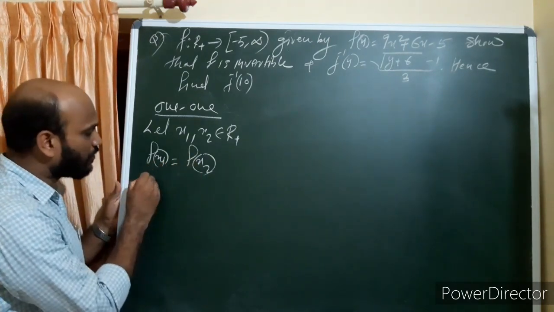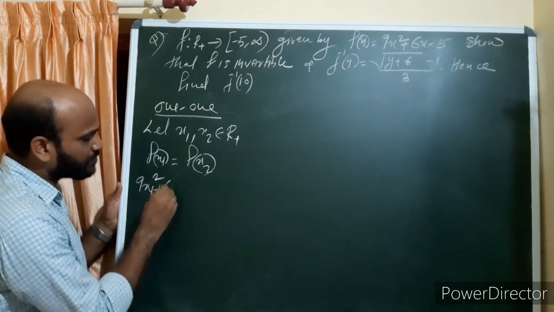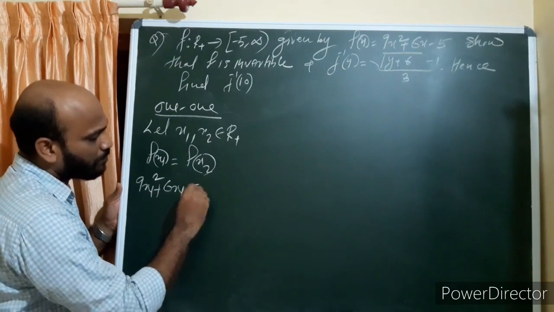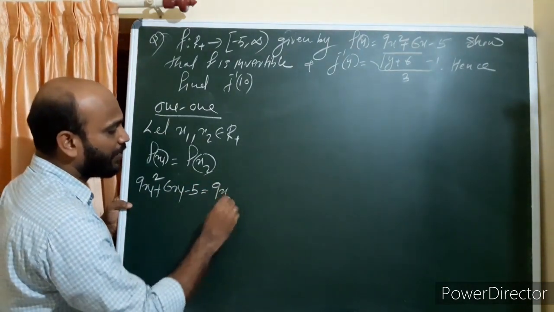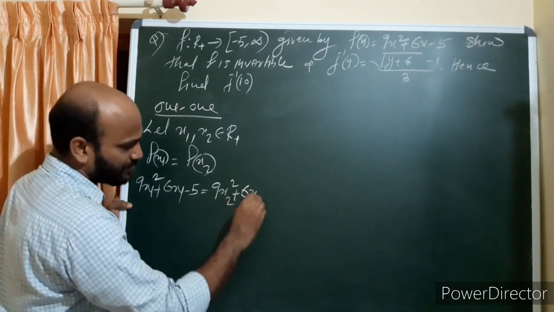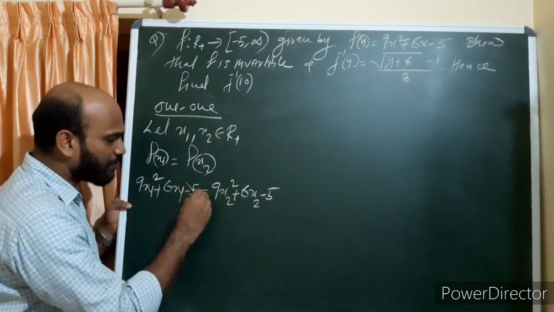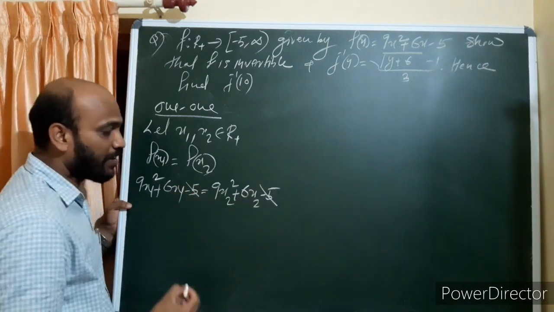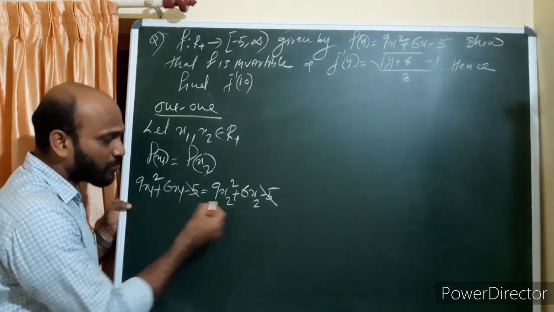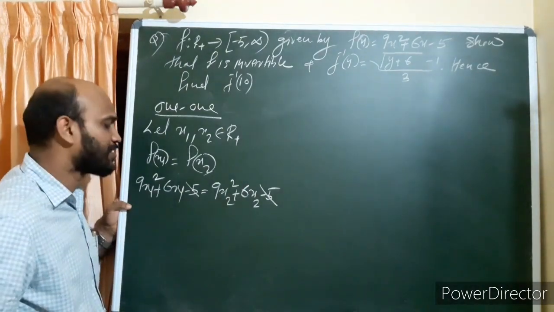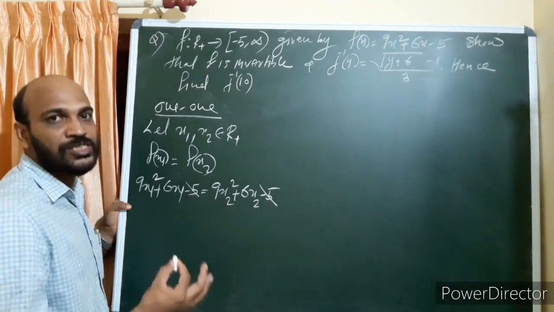Therefore f of x1 will be 9x1 square plus 6x1 minus 5 equal to f of x2, which is 9x2 square plus 6x2 minus 5. In this case you can cancel minus 5 from both sides. After that you have to cancel 6x1, 6x2, but we cannot cancel 6x1 and 6x2 because x1 and x2 are